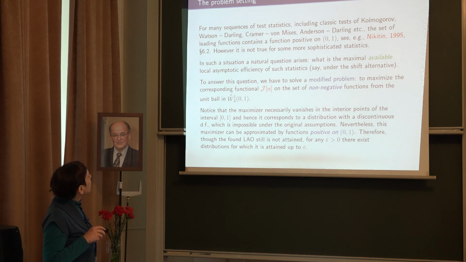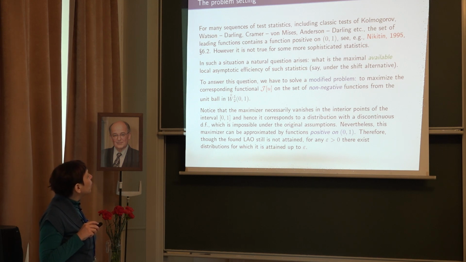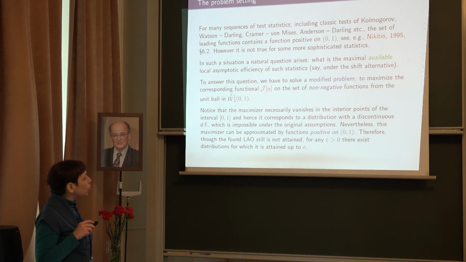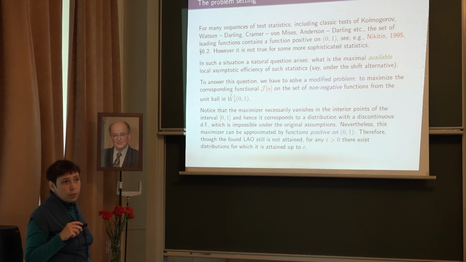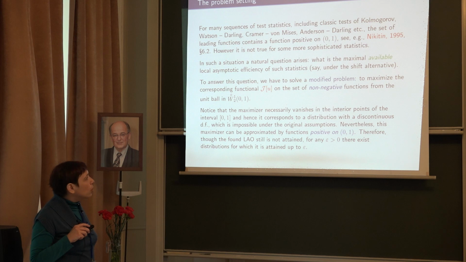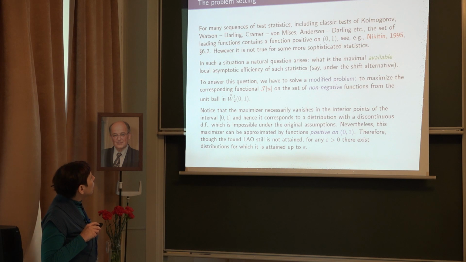Let's set a problem. What is the maximal available local asymptotic efficiency of such statistics for the shift alternative? I want to say that the fact that the maximal efficiency 1 is never attained for shift alternatives doesn't mean that it isn't attained at all. We don't know, in fact. Maybe for some other families of alternatives, maybe for scale or something else. But for the shift,